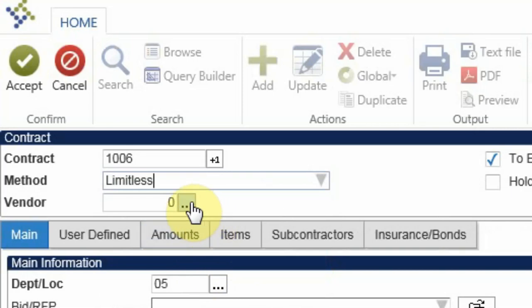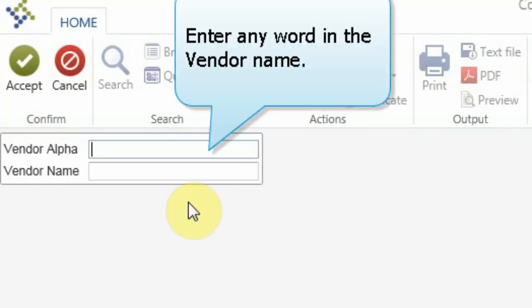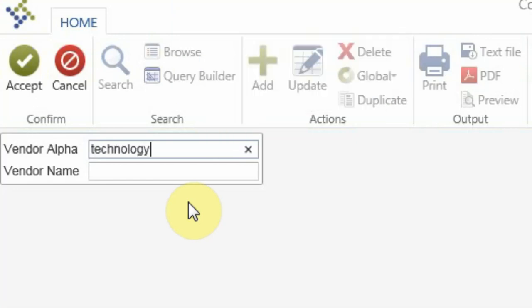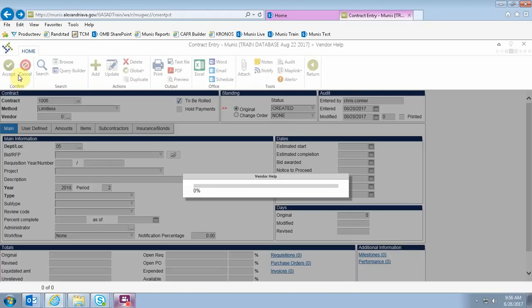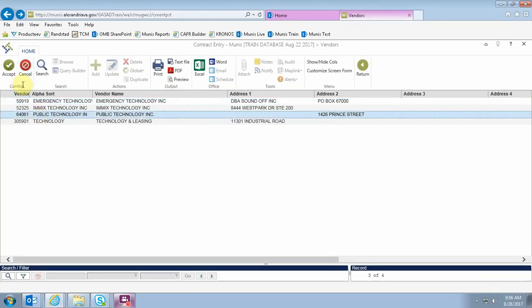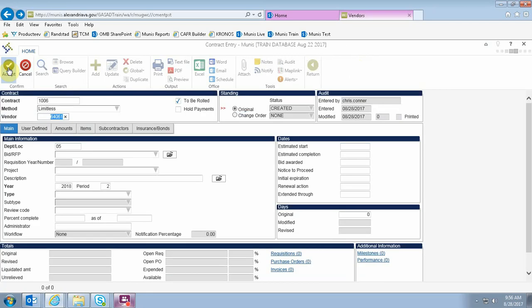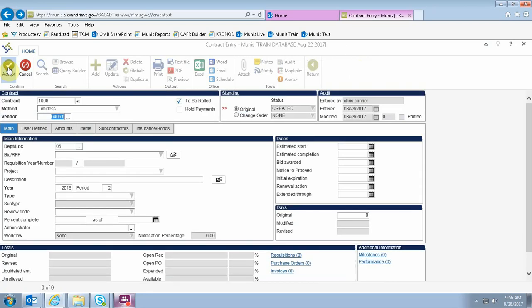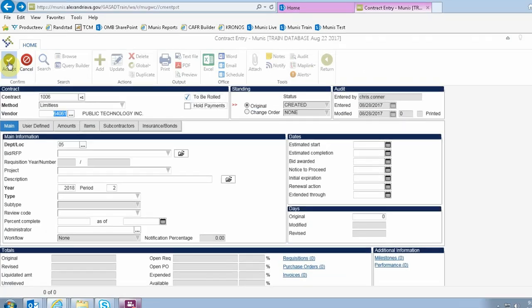Once you've selected limitless, then go down to the vendor number. If you know the vendor number, you can key it directly, or you can click the ellipses and then type any word as part of the vendor name and then hit accept to search, and then Munis will return back all of the vendors that match your search. Hopefully you see your vendor in there. Public technology is what we want in this case, so we'll click accept and you'll see that the vendor number